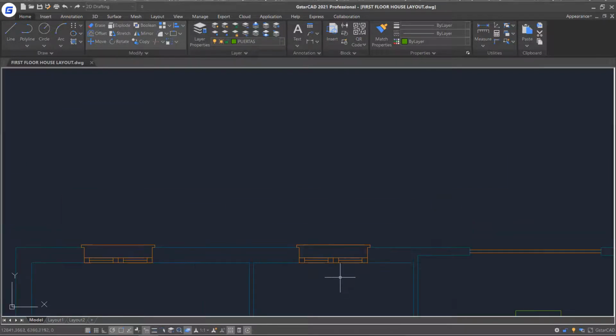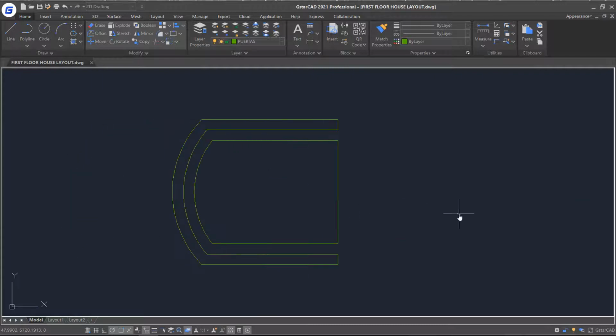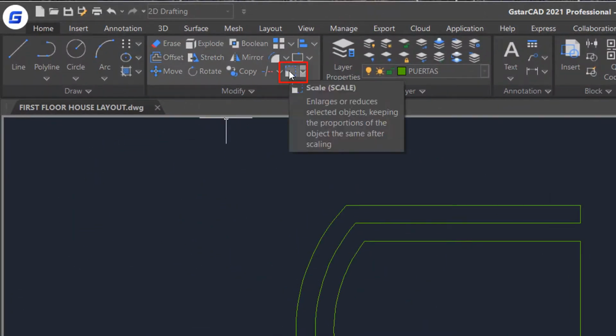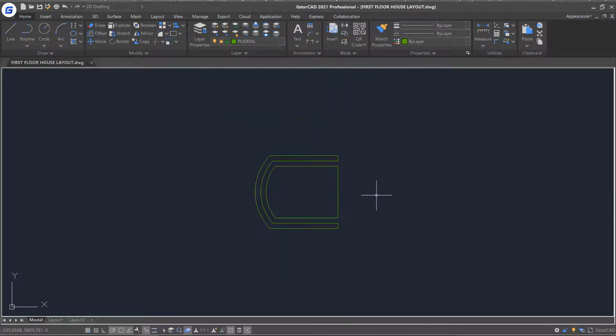If you want to modify the size of objects, the scale and length commands will be very helpful. Click the Scale command. Window select the chair object and right-click. Specify a base point and type a scale value. Press enter. Click the Scale command again. Window select the table object and right-click. Specify a base point and select the Reference option. Specify the length. Now you can scale the objects by moving the cursor to specify the endpoint, or just input